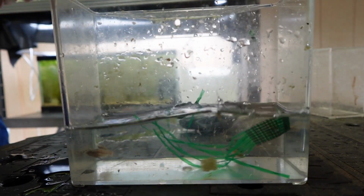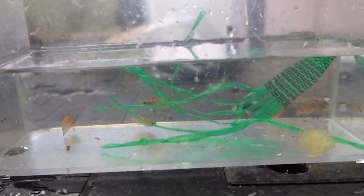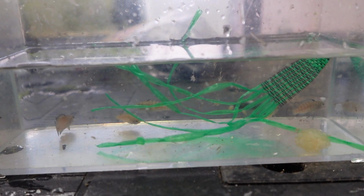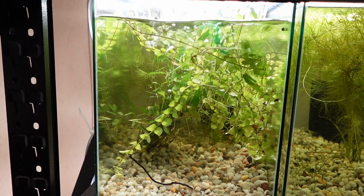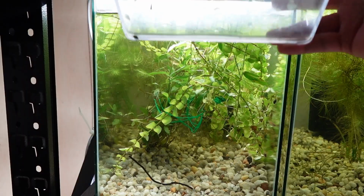Now these are the tiger baddies. These are actually a pretty shy fish. Now they're a micro predator, so they're gonna hunt all the time. A lot of times they don't accept flake or pellet food. Sometimes they only like live or frozen food. So if you get these guys, make sure you have that as backup just in case,